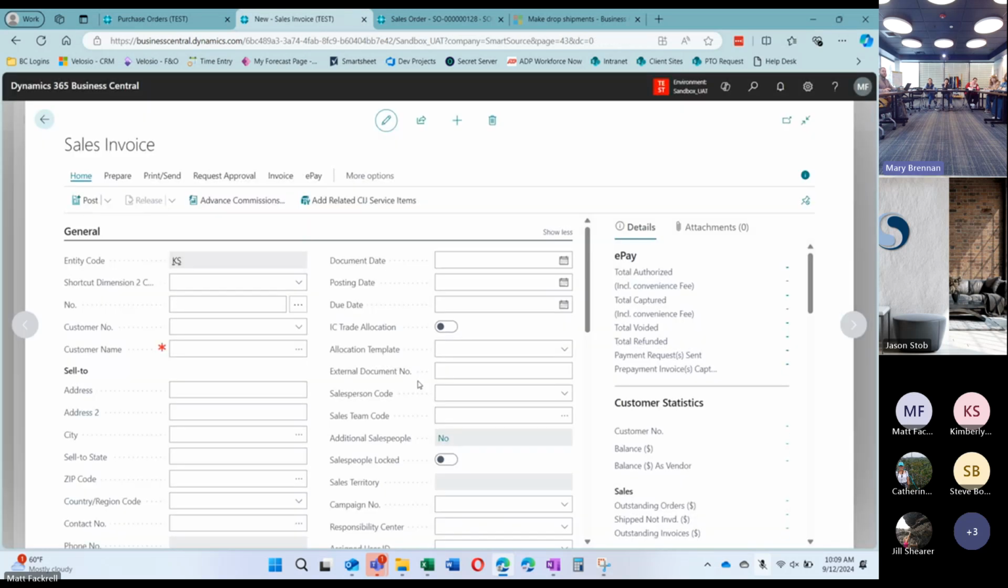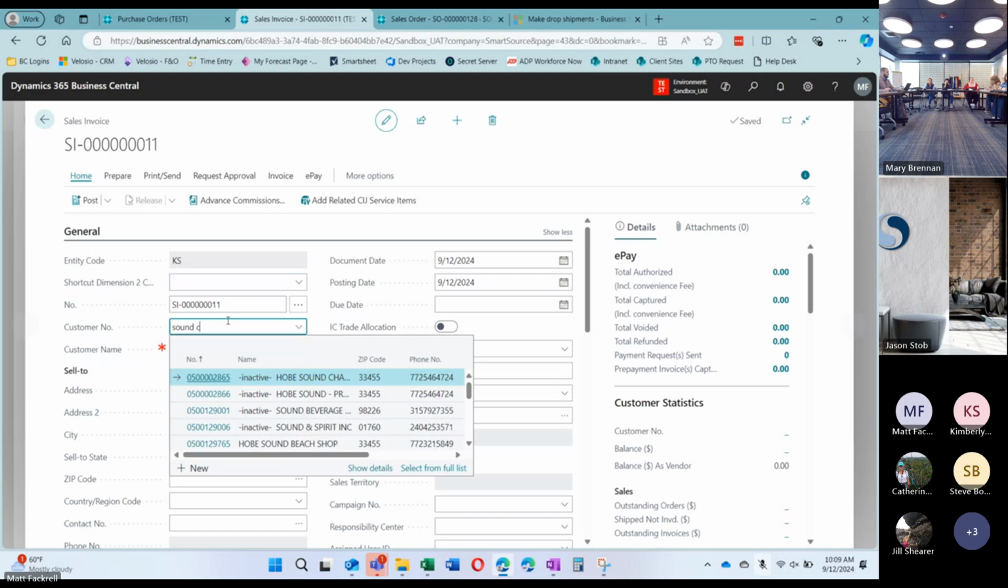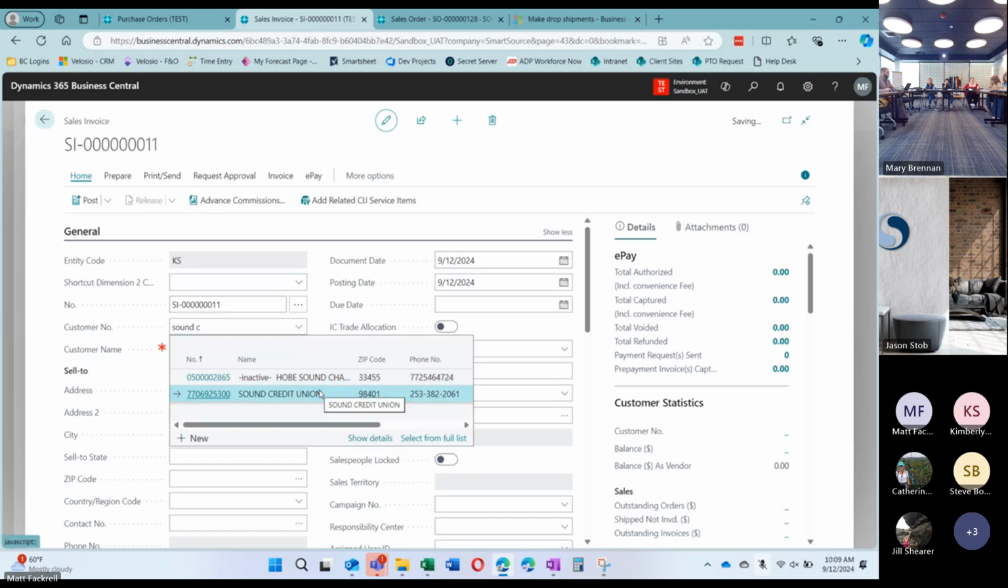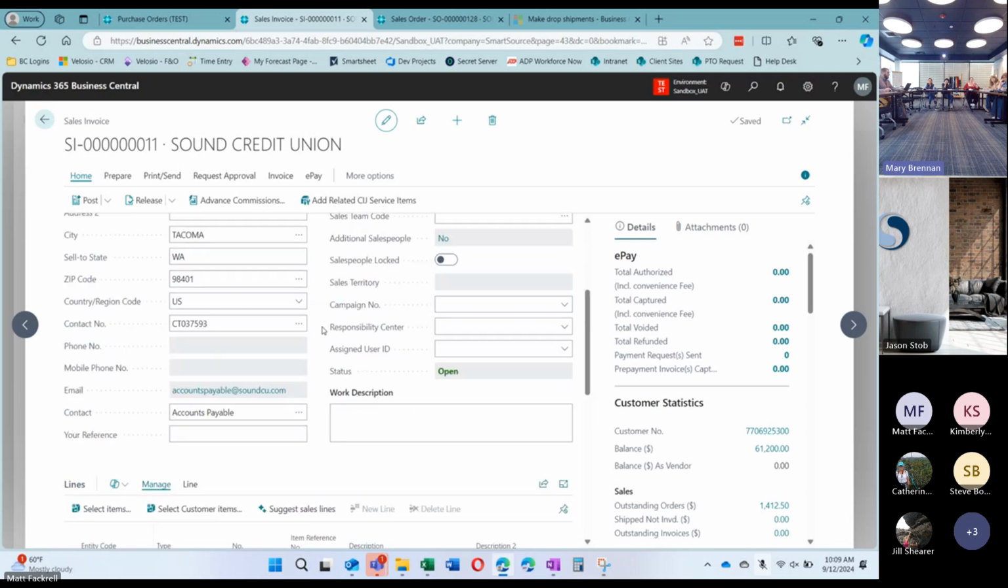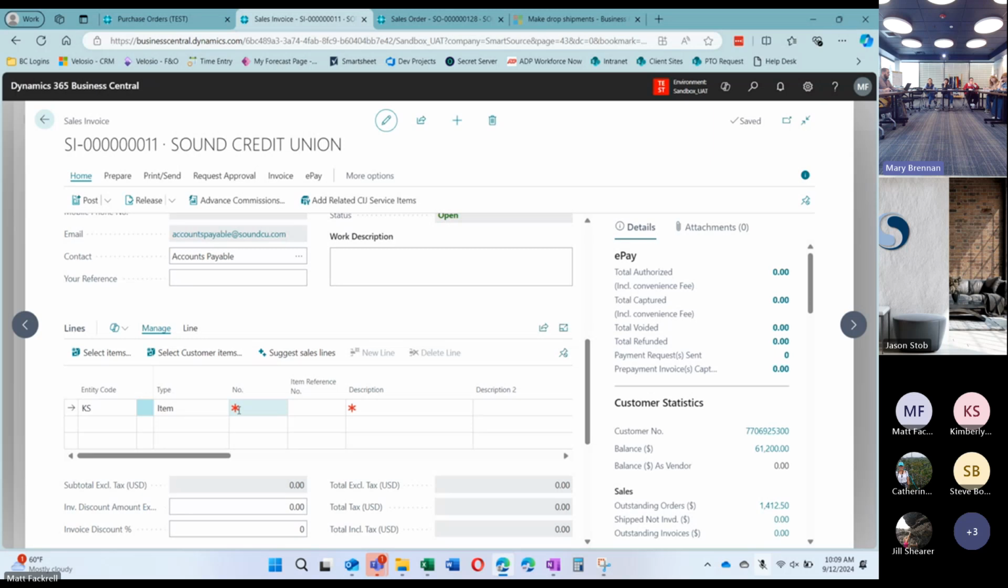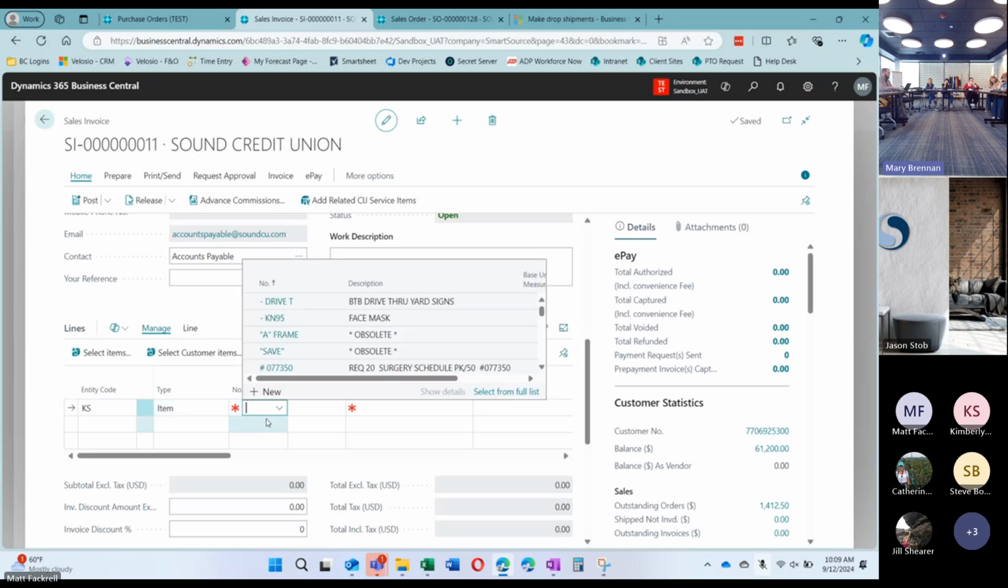So my starting point for that is a sales invoice. I just need to set my customer and fill out the rest of my header information. I'm just going to use the default this time. I would need to set my dates or salesperson or whatever else. And then all I have to do is find my